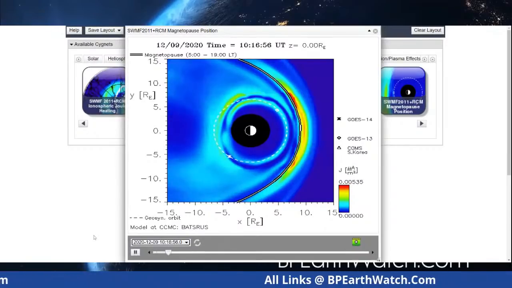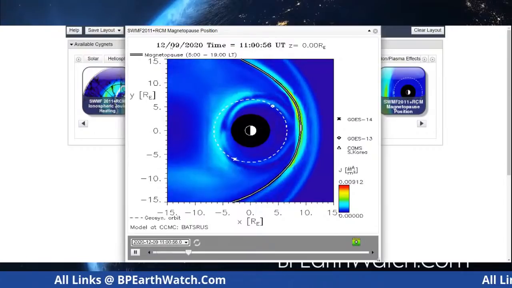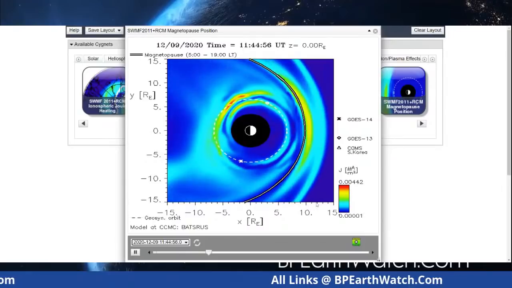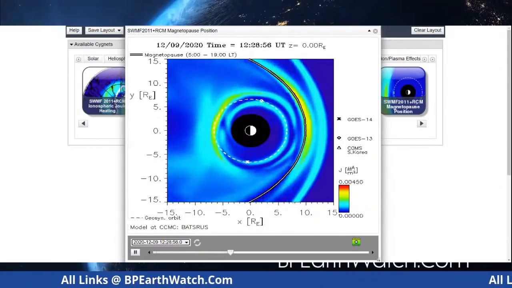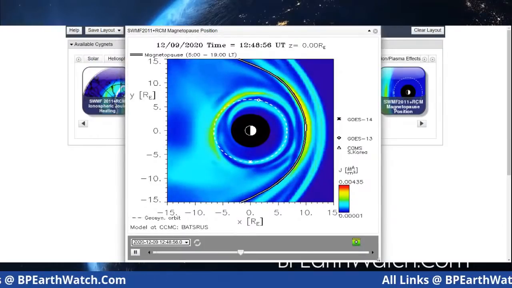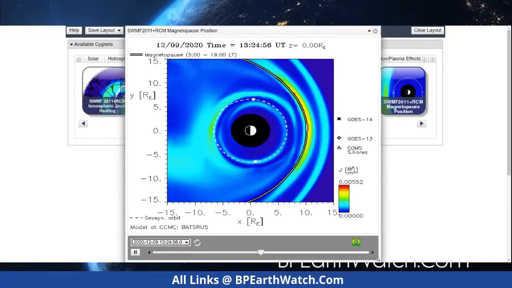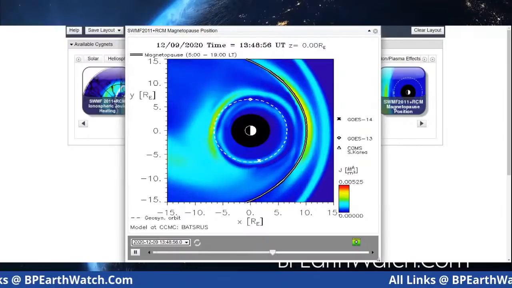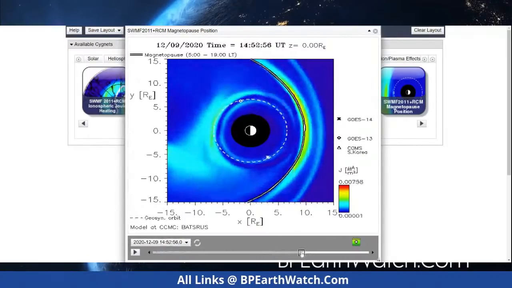And there we go. So you're going back into earlier today on the 9th. You can go back to 300 frames, and that gives you a very good average. And here's your standoff point about right here. This is the normal 10 radii, and you see that pressure coming in. These are the newest images going back 125 frames. And you can actually grab this and move it back and forth to see what you're dealing with.